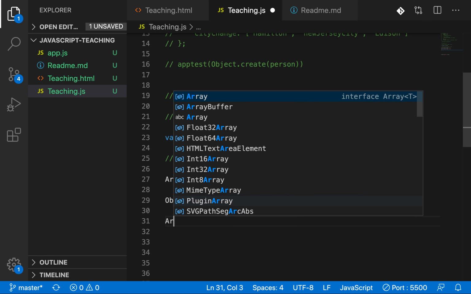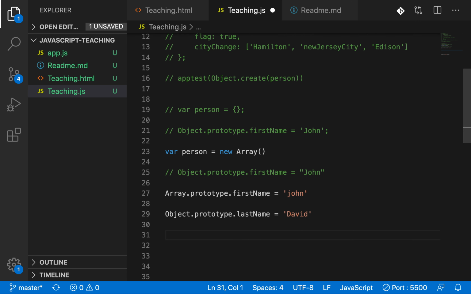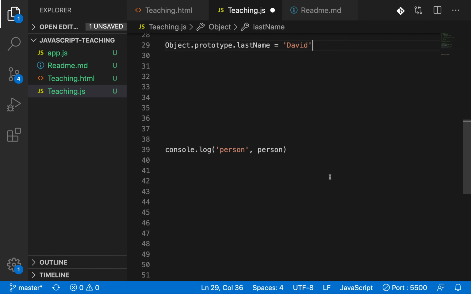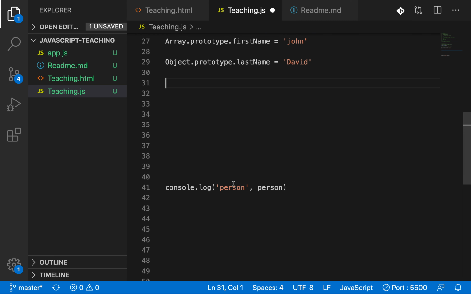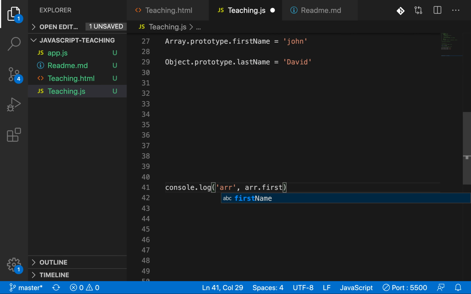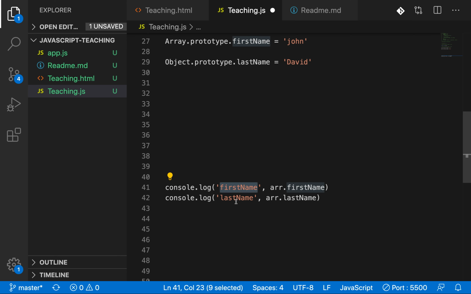But when you access this, let's change it: array equal new Array, which creates an empty array. Then array.firstName and array.lastName.